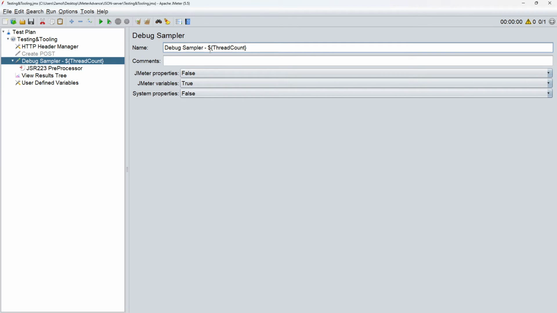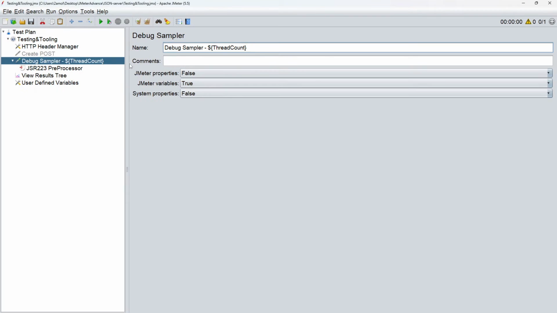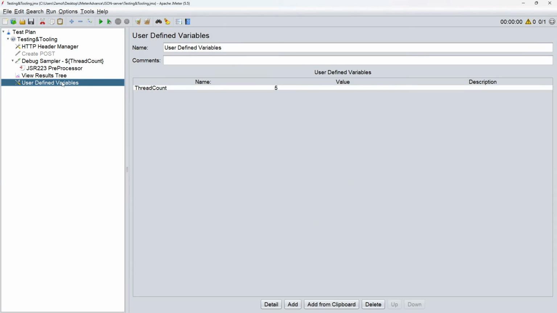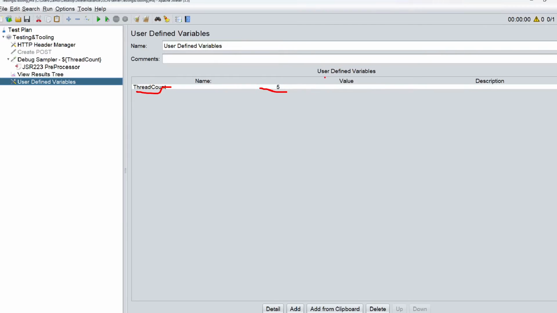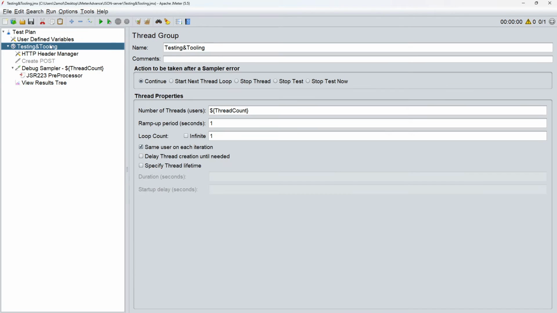So let me show the changes that I made. For the debug sampler, I added thread count in the name, so that we should be able to identify which thread the debug sampler belongs to. In the preprocessor, I am not making any changes, but I have created this thread count and given an initial value of 5 for the user defined variable. Let me put it over here. So this thread group now has 5 threads, so it will run within 5 threads. If I run this,